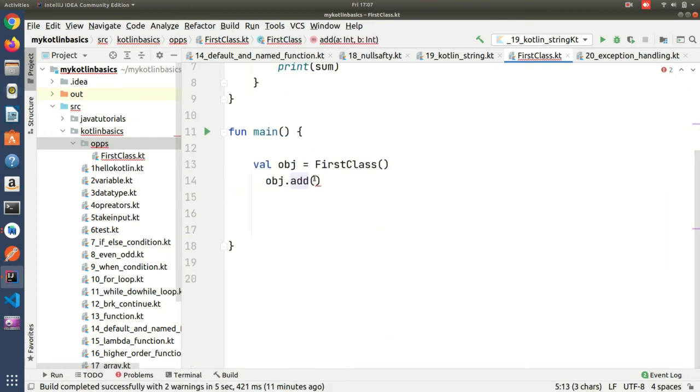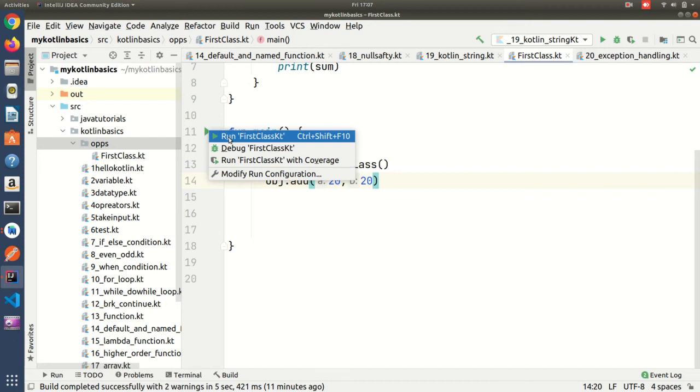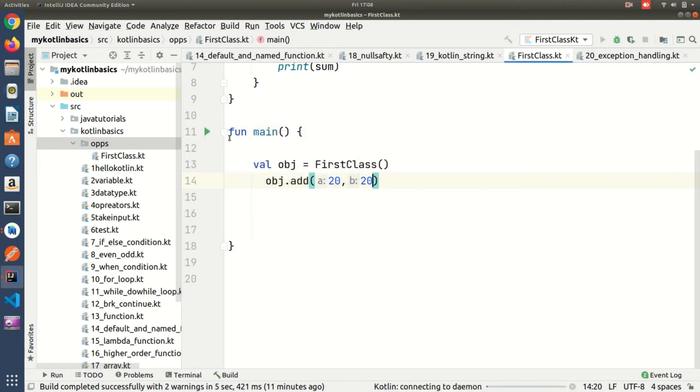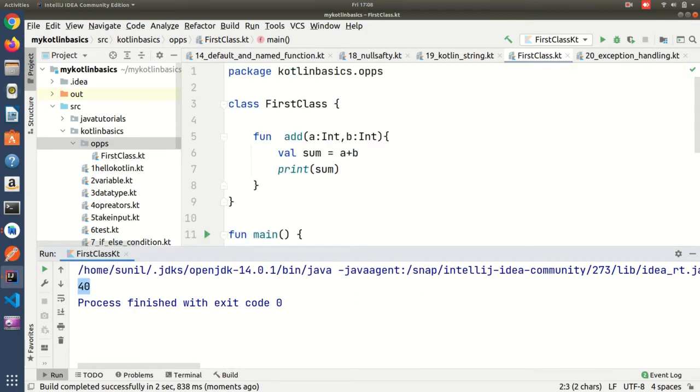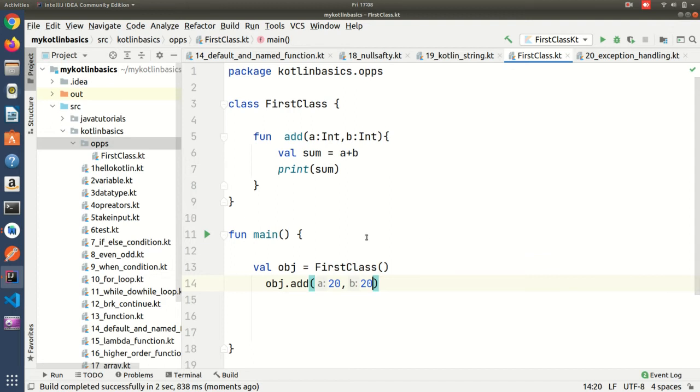Here I need to pass some values, so I am passing 20 and 20. This should print as 40. So it got printed 40. Like that we can create a class and we can create the object.